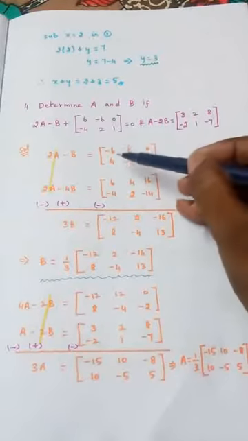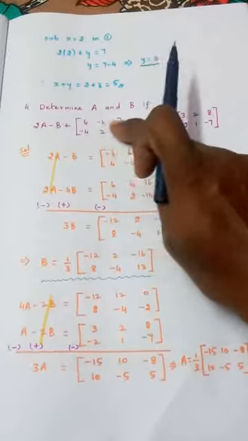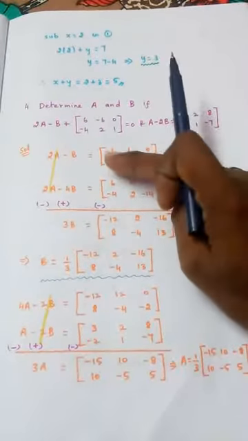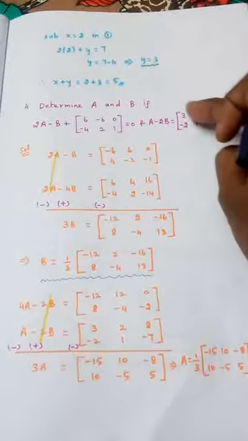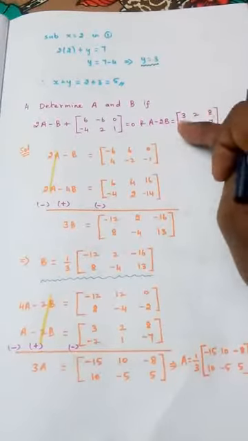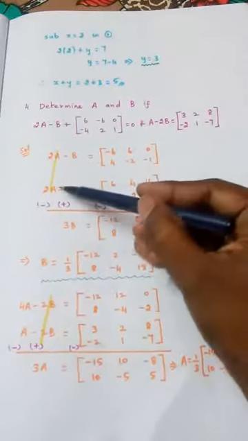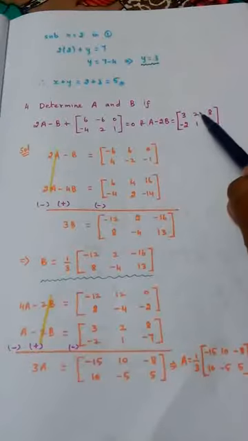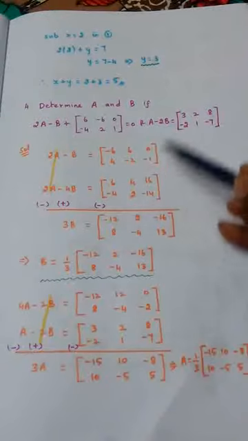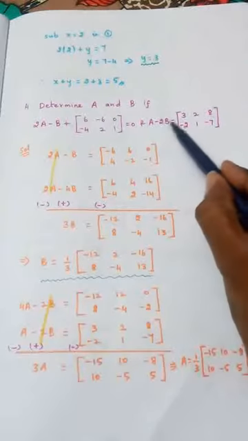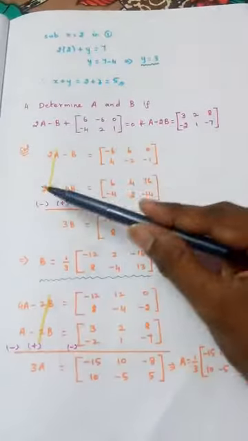The first equation I have written as it is, but taking this matrix to the other side, so changing the symbol of every number and writing like this. Here I am not writing directly, just multiplying all the terms by 2. I have written this. So 6, 4, 16, minus 4, 2, minus 14. That is how we have written. Left side 2A minus 4B. So entirely all the terms are multiplied by 2 here.